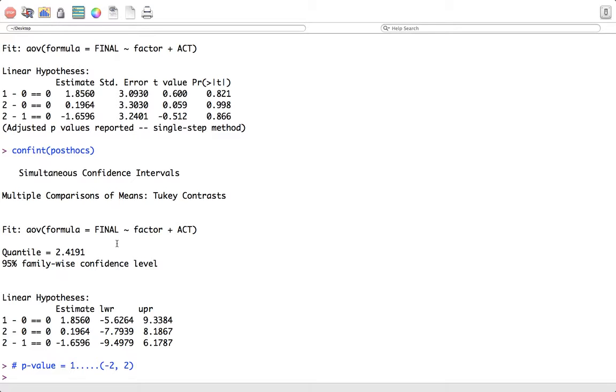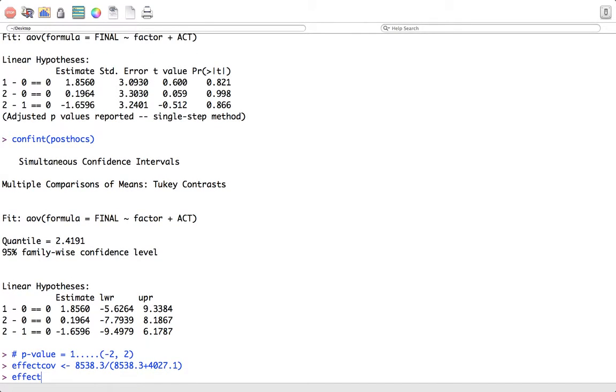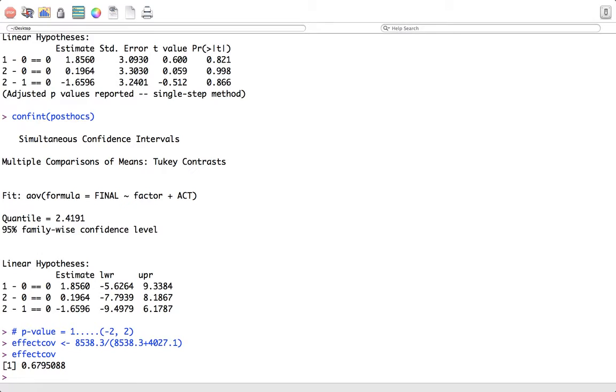All right, so let's go down here and get this. So the effect for the covariate is going to be 8538.3 over 8538.3 plus 4027.1. So the effect for the covariate is 0.68. And the effect for the treatment is 37 over